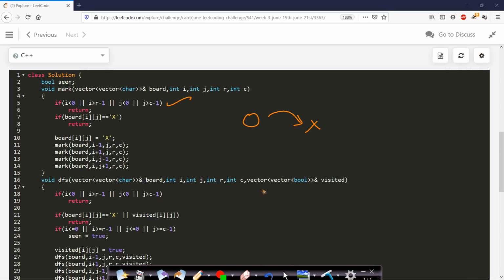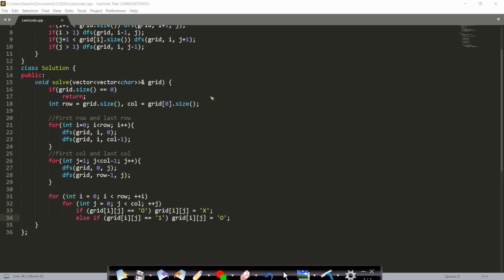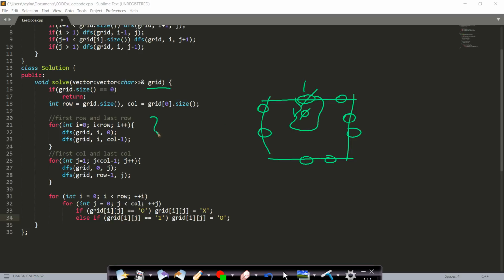So let us now look at the code for method 2. In this second approach, we receive the grid, and after receiving it, we mark all the zeros contained in the first row, the last row, the first column and the last column, along with all their regions, as 1. So all the zeros connected to the boundary 0 will be converted to 1. I have already shown you this in the example. This is for the first row and last row, and this is for the first column and last column.